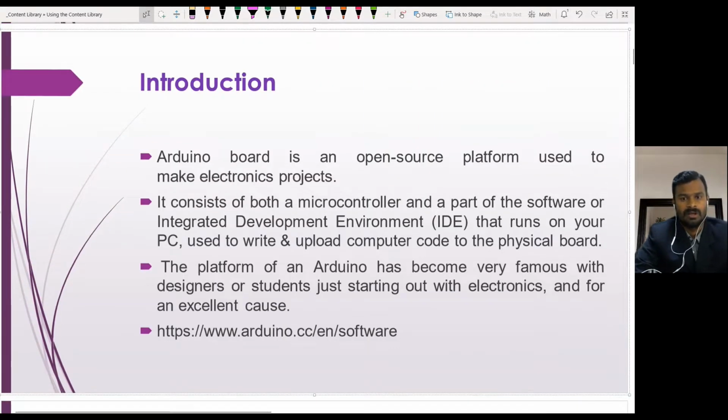So Arduino is an open source platform used to make electronic projects. Okay, it's not limited only to electronic projects. Even electrical and mechanical projects can be done, but the software part where you need a control part will be done in the Arduino board.